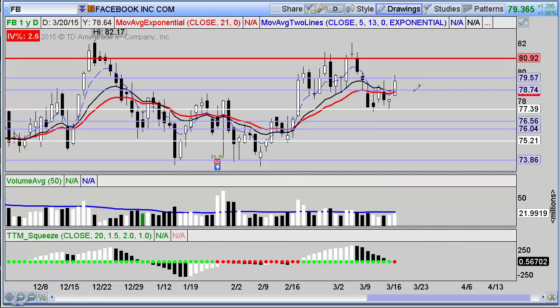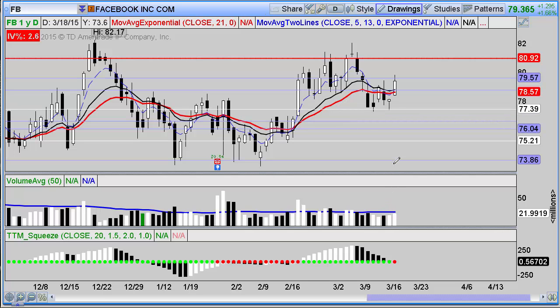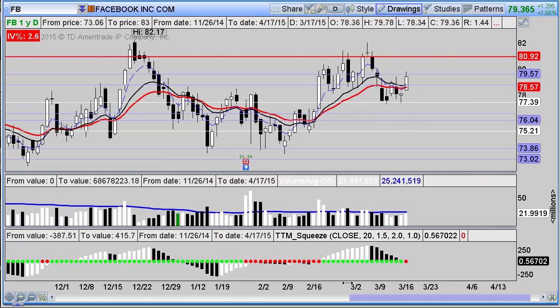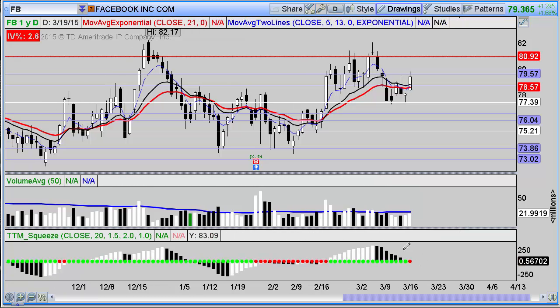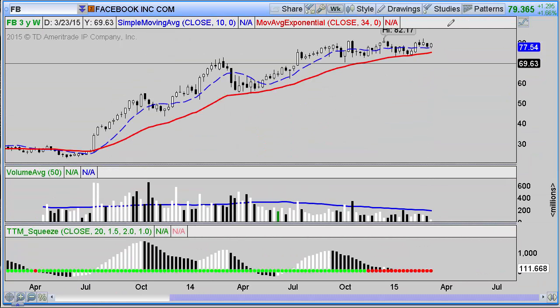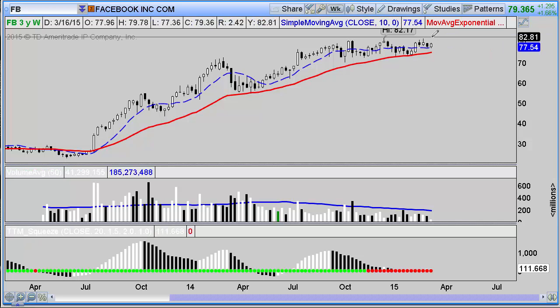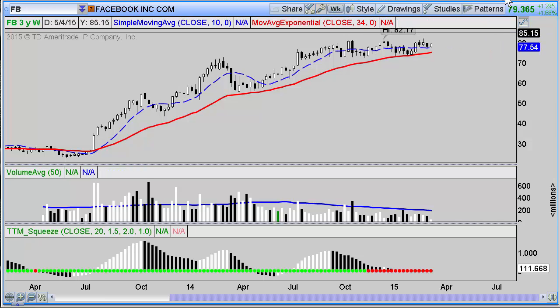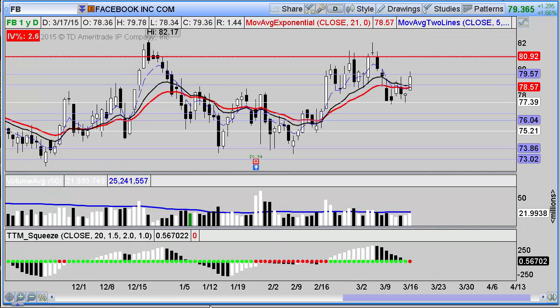That type of question really depends on what time frame you're approaching it from, because when you look at this daily chart, it may be very easy to get excited and say, wow, we've got a fresh daily squeeze that's formed. I can see the results of what happened the last time we had a daily squeeze, and not only is the daily squeeze attractive, but you also have a signal that may tie into a weekly chart, which is the signal I'm looking for to take Facebook into new highs. That's all well and good, but what is one of the most important things you can do as a trader in these situations, or at least one of the things that I find to be helpful information,